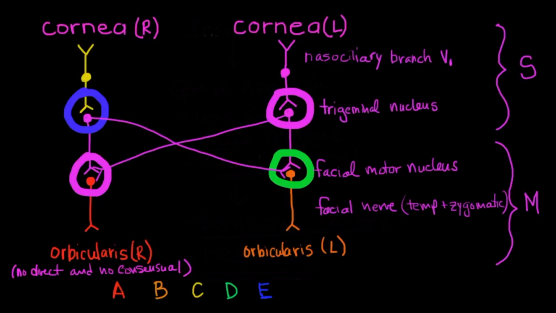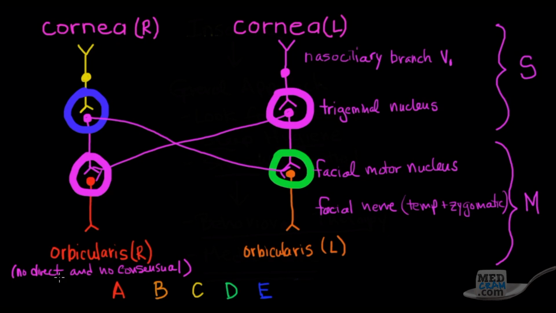Okay, so what I've done is, and this looks a little complicated, but let me explain it. We've got the cornea on the right here at the top, and we've got the cornea on the left here at the top, and everything in medicine is always flipped around, so I'd like to present it this way. When you're looking at the human body, things on the right are actually on the left side of the screen, and things on the left are on the right side, of course. So what we're doing here is we're looking at this reflex. So let's take this through specifically the different types.